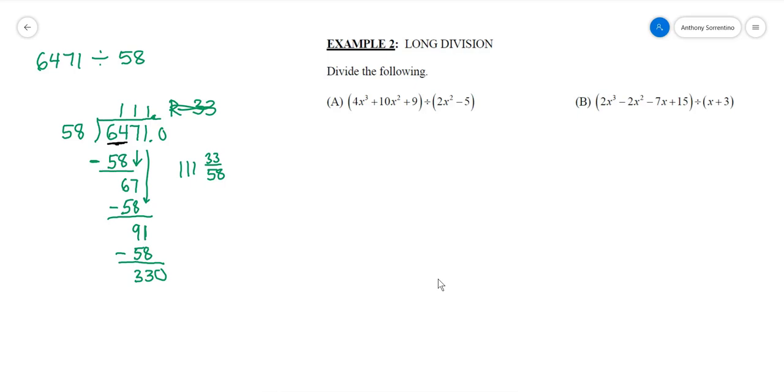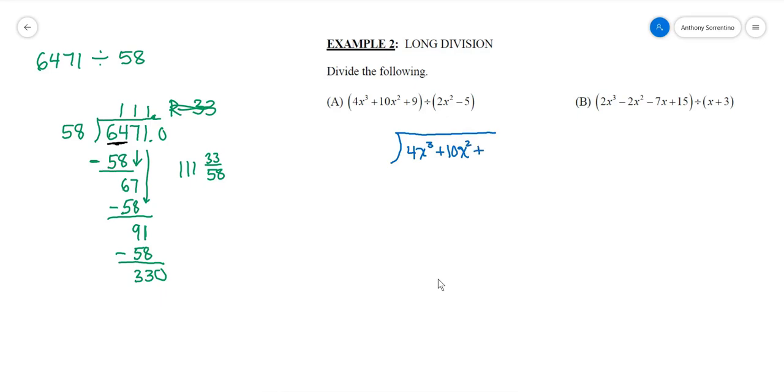There are ways we can figure that out. How does this work with a polynomial? Well, when I set up the long division for this, what comes first, much like this, is going to go underneath the long division sign. So the 4x cubed plus 10x squared plus